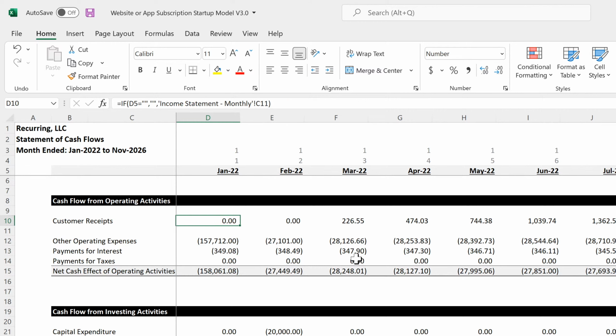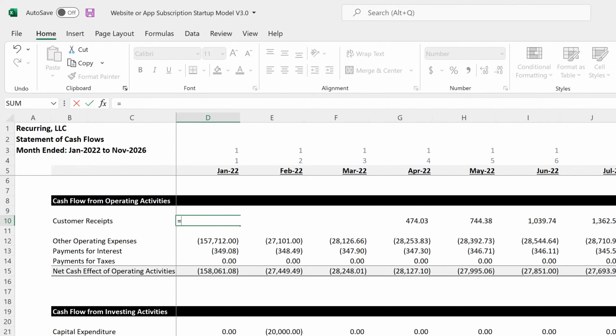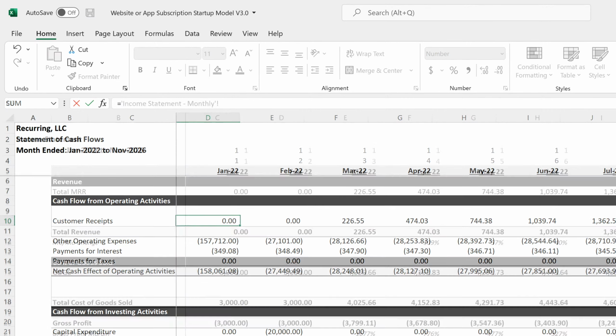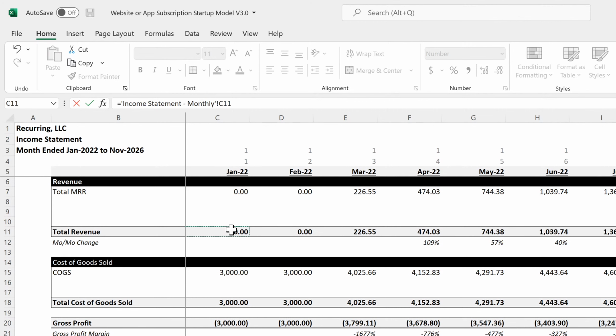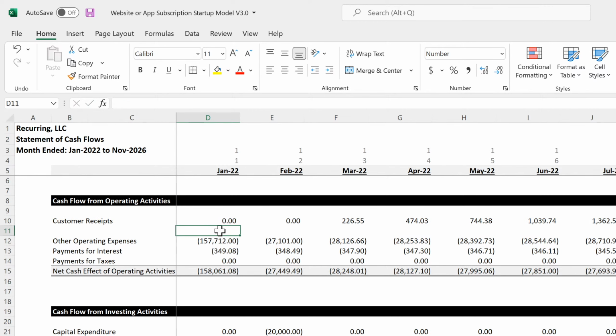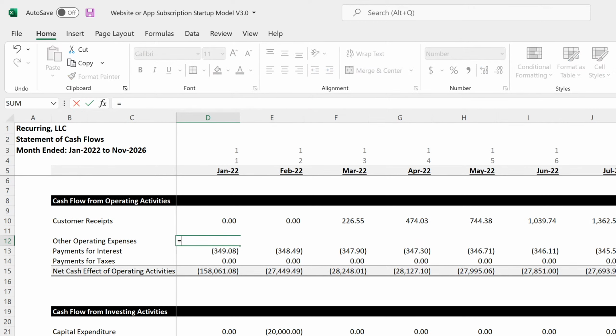So we're gonna go. Customer receipts is total revenue. And for this, actually we can reference the income statement. It's total MRR. Other OPEX is going to be,